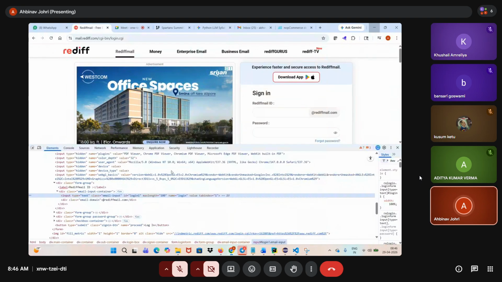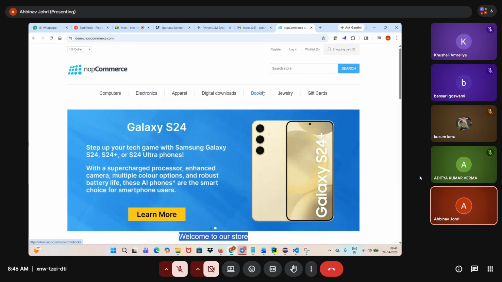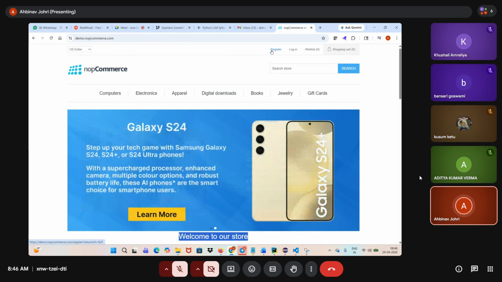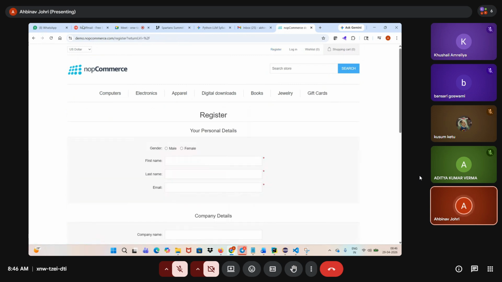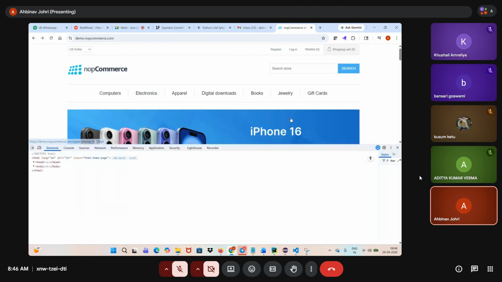If I open this website, there is a register option. You can see register, but this is a link. Can you see this is a link? If I click over here, it will go to the register page. This is a link. Okay, if I inspect it,